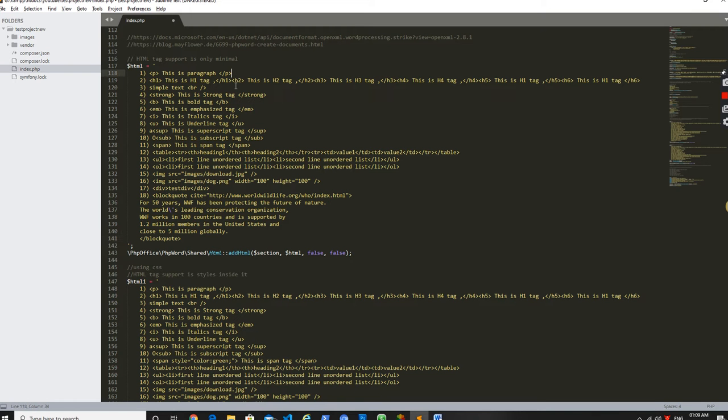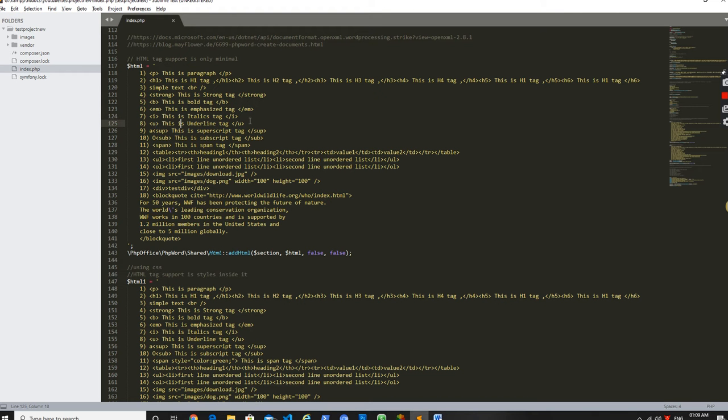So it is going to have paragraph, it is going to have h1 to h6, and break. The important thing is you cannot give the break like this. If you give the break like this, it is going to throw you an error. So this is not the correct syntax for the HTML tag for break. So you have to self-close the tag. This is a self-closed tag, so you have to give it like this. Otherwise the document won't be created perfectly. So this has to be perfect in this. Okay, and then strong, and then bold, emphasized, italic, and then